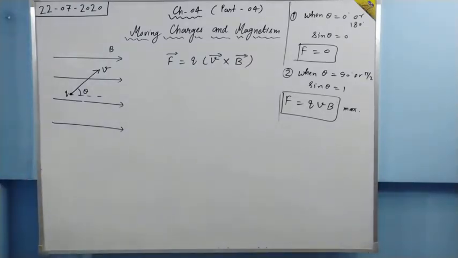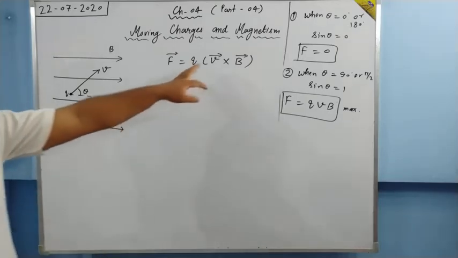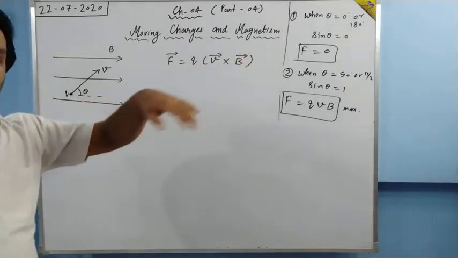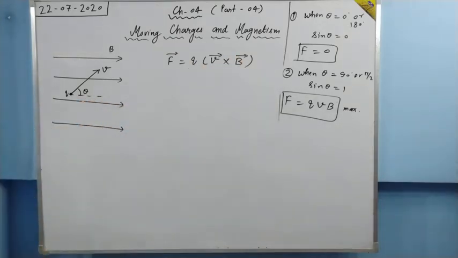This rule is general, it can be applied everywhere where the cross product is present. And some rules are there which are kind of shortcuts, so those rules cannot be applied everywhere. For different cases, it will be different. But if you understand the cross product rule, it will be the same. Wherever the cross product is present, you can understand the direction.